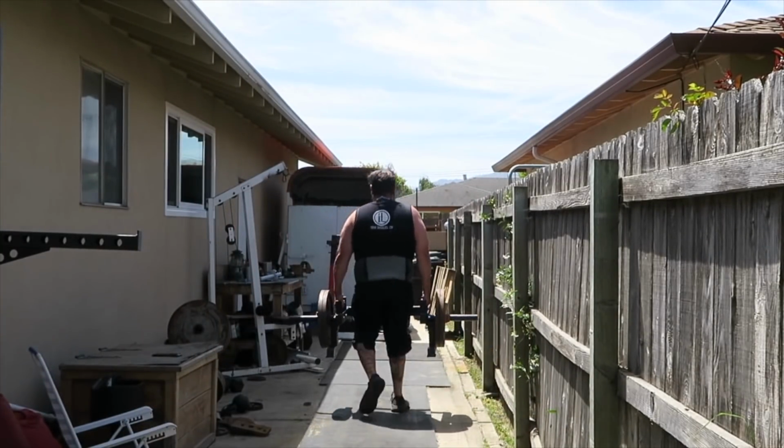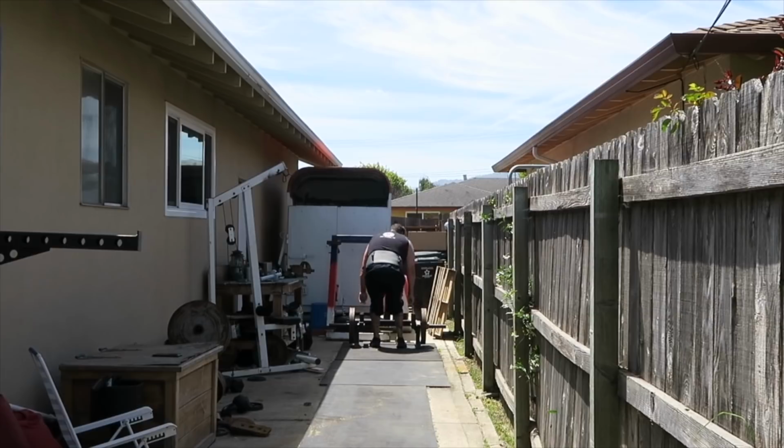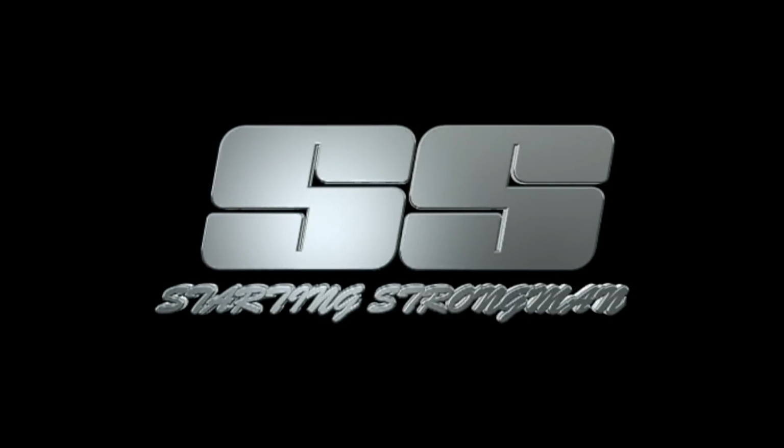Some of the downsides: if you want it to carry over to strongman, the handles are 1 inch, where most farmer's walk handles are going to be 1 1/4 inch. And the feet did come off when dropping it, so maybe you have to put some